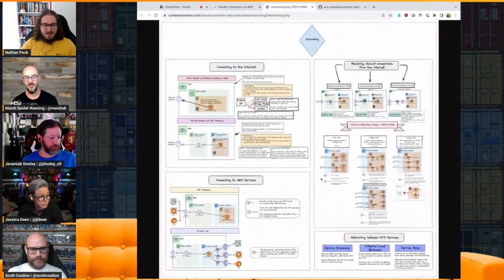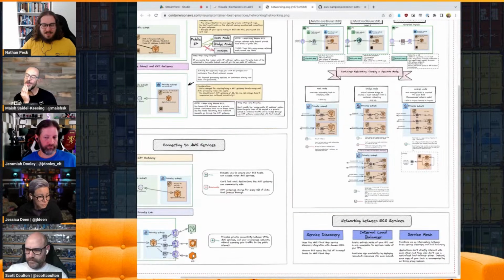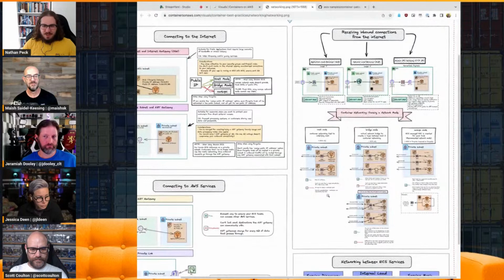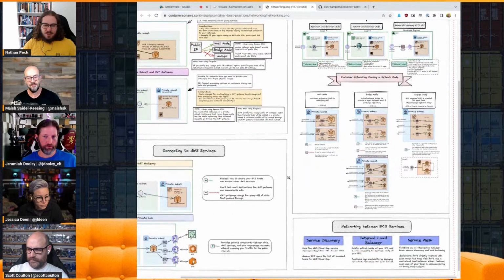I absolutely love that networking diagram, because there are so many different ways to do networking, and it's a common challenge that people on ECS have, because ECS doesn't really set up your networking for you. It assumes that you've brought some hardware that already has networking set up, so it's up to you to make some choices about how you want to get internet or traffic, and configure all that. So having one resource that has the breadth of different ways you can set it up is super helpful for anybody who's getting into this and trying to decide how they want to approach networking.